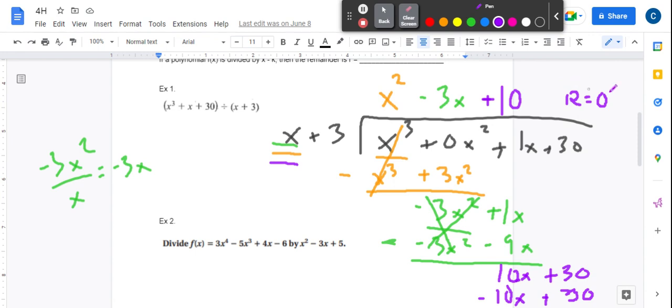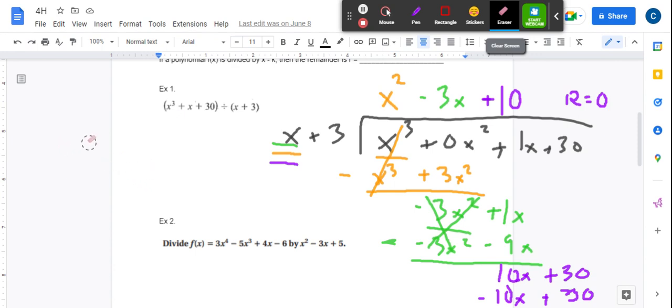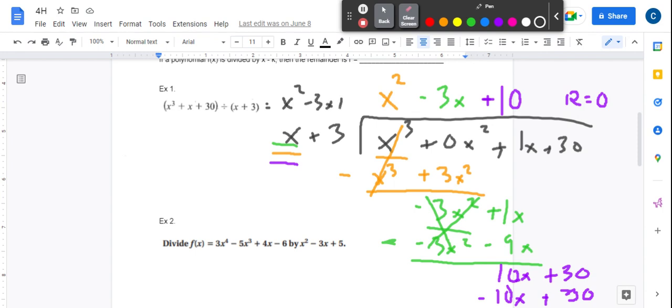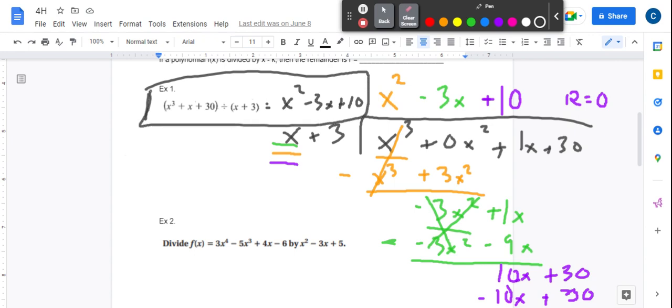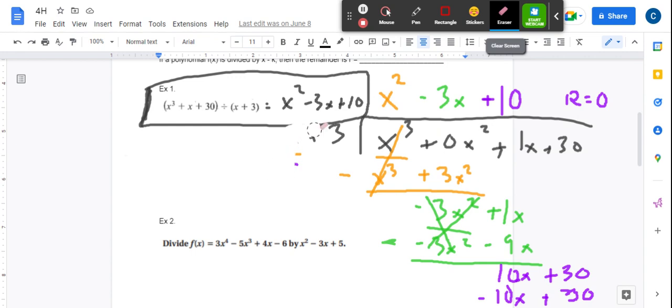So what this means is that x cubed plus x plus 30 divided by x plus 3 is equal to x squared minus 3x plus 10. Now, let's broaden the context here a little bit, okay? So we did this long division. We ended up with a remainder of 0, which is really nice. So now, if we were to think of this backwards,